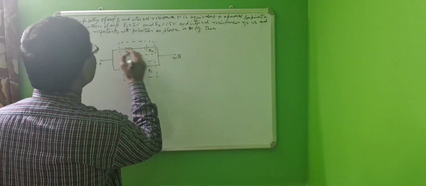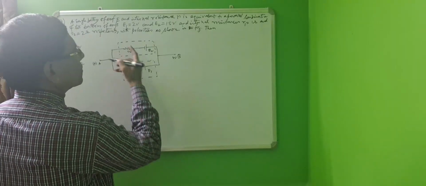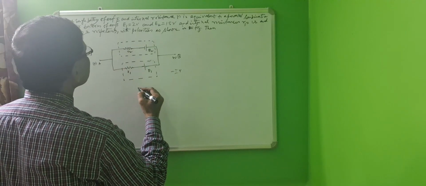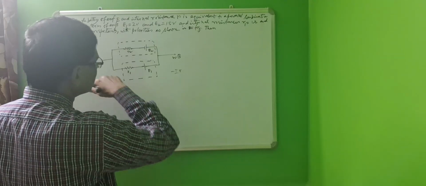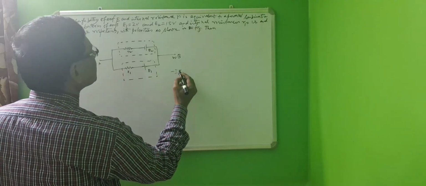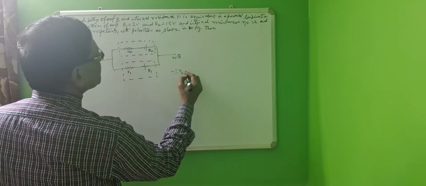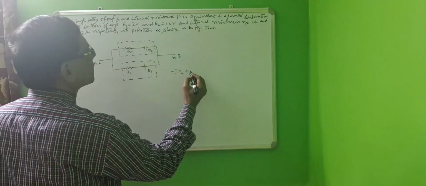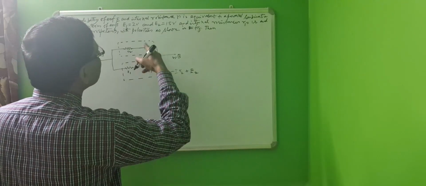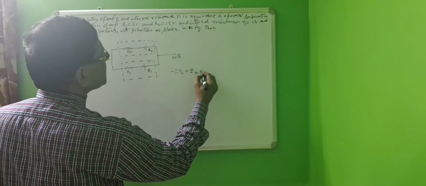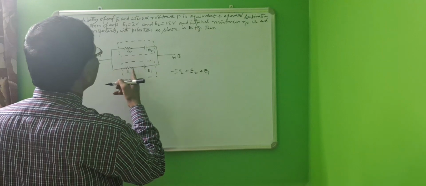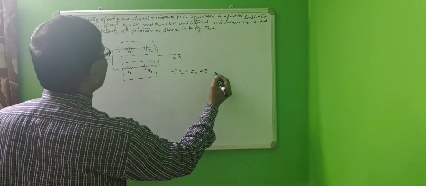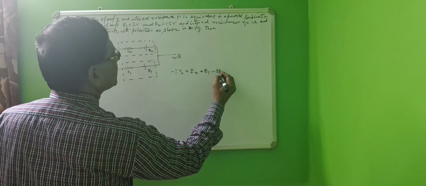So we can write for this: potential drop here, minus I R2, plus potential rises here, E2 coming here, potential rises E1, and potential drops, minus I R1,